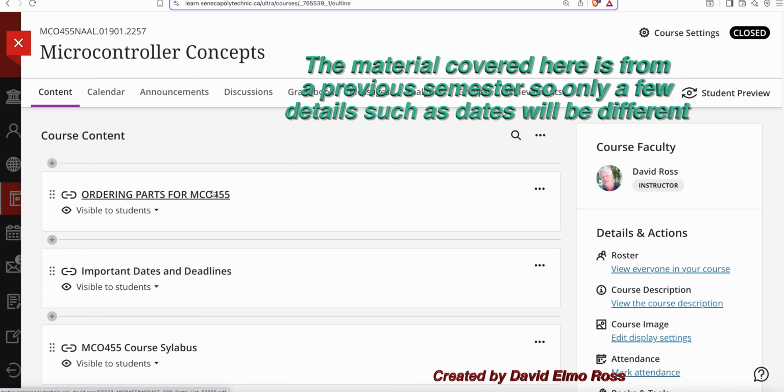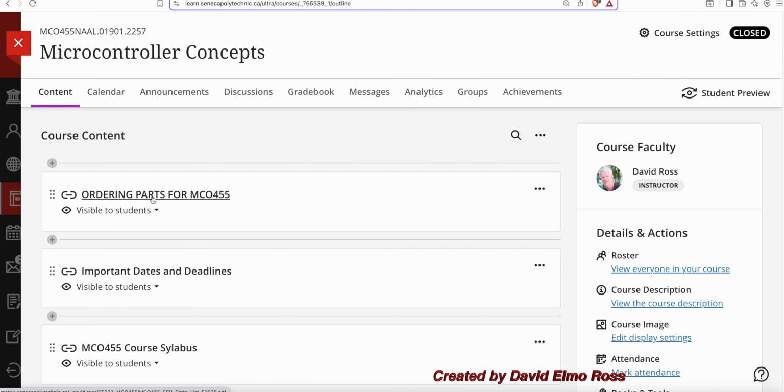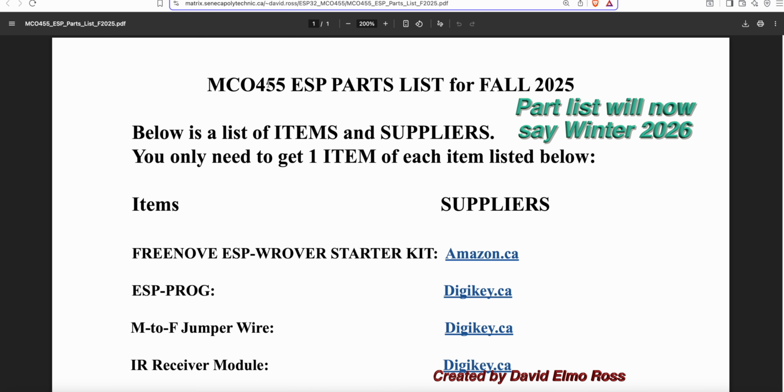And the first thing you're going to see, no matter whether you're in a theory section or a lab section, is ordering parts for MCO455. And this should be done as soon as you can in the course so that you have all the equipment when you need it. Now, when we click on this link, it's going to take us to this, which says